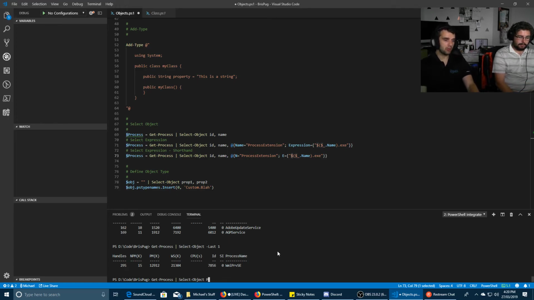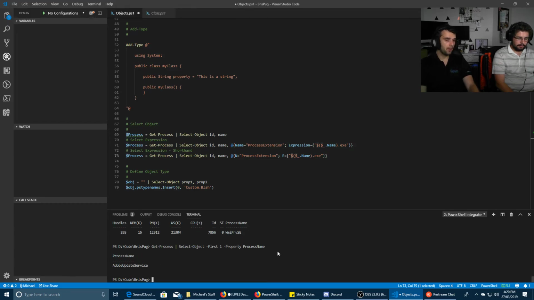There's another thing which I'm going to show you which is really important. We're going to do Select-Object ProcessName. We're going to select first one, and the property is ProcessName, like so, and that's going to send me the Adobe Update Service. But if I want to just get the value, I don't want the property and value, because right now that's technically a property: we've got the property ProcessName, and then we've got the value Adobe Update Service. So if I want to just get the value, there's a parameter called -Expand, and expand basically